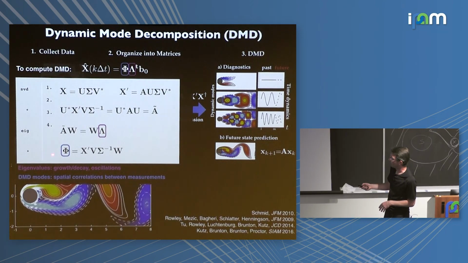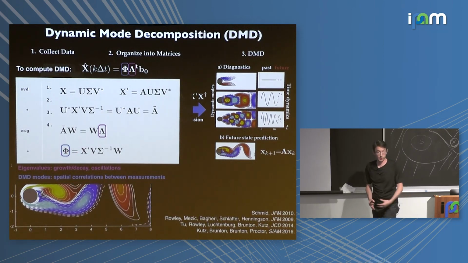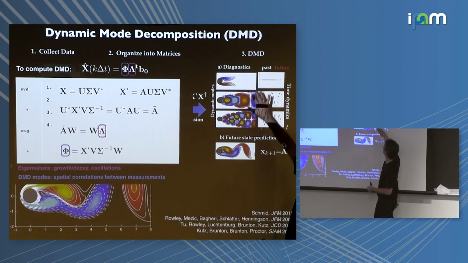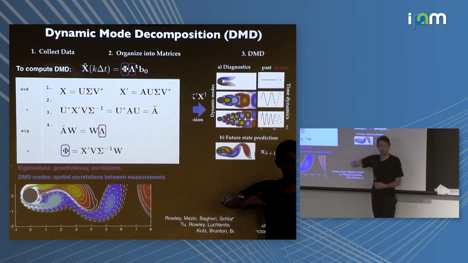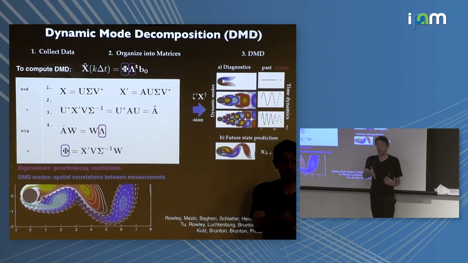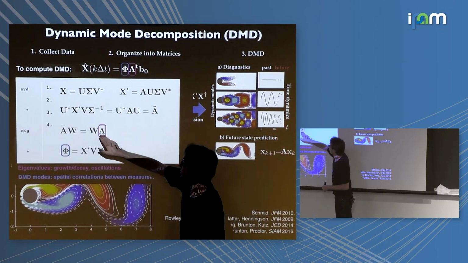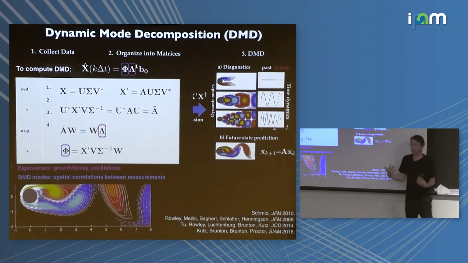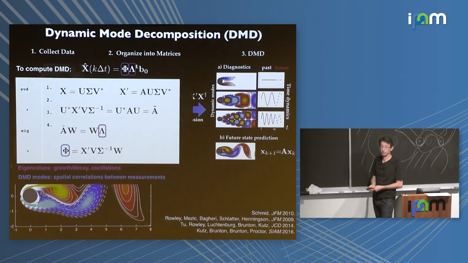And so these are my eigenvalues. These are my DMD modes. And they have a very physical interpretation. So this is a highly interpretable model in the sense that there are only a few modes I have to care about, because my singular value decomposition hopefully has low rank structure, meaning there's only a few dominant patterns in the linear subspace of my data. And also, each of the eigenvectors has the shape of an eigenflow field, and so I can look at the structures that are evolving in time, and they have meaning to me.